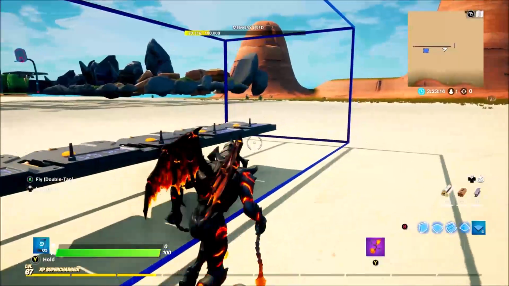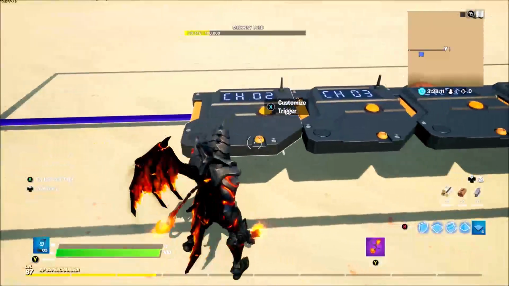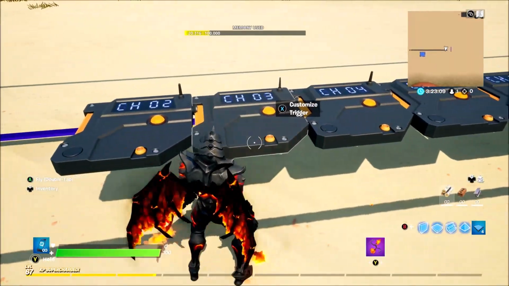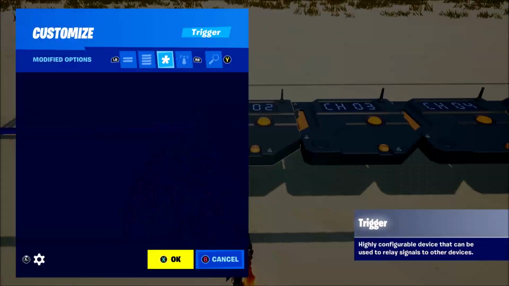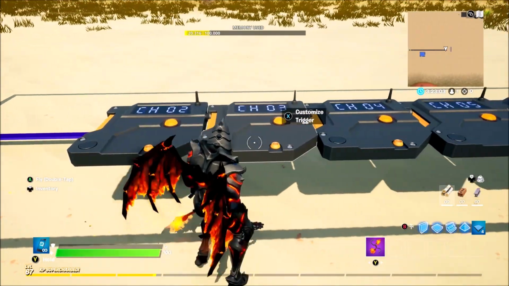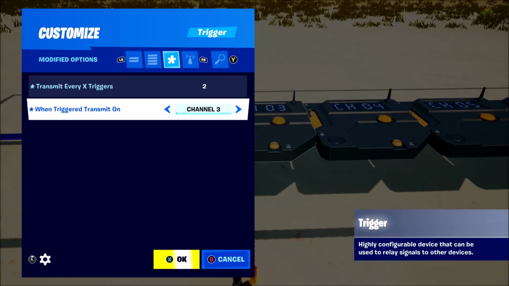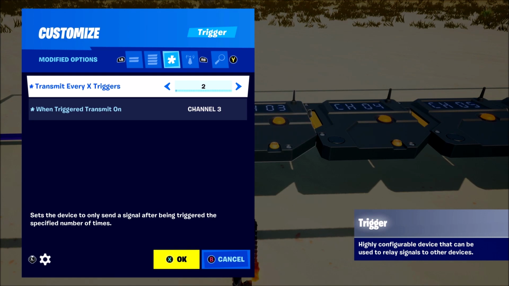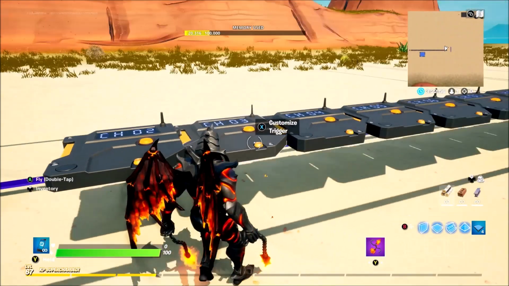What you want to do is start on this side, and then there you go. As you can see, channel 2, 3, 4. So let's go into it. The only channel you want to change is when triggered, transmit on channel 2. When triggered, transmit on channel 3, and you also want to do transmit every X triggers 2. So that means